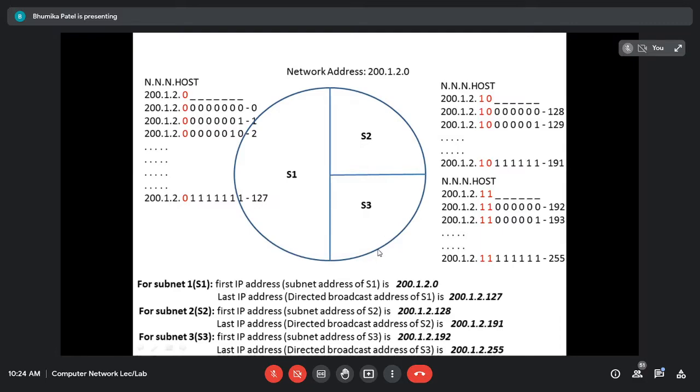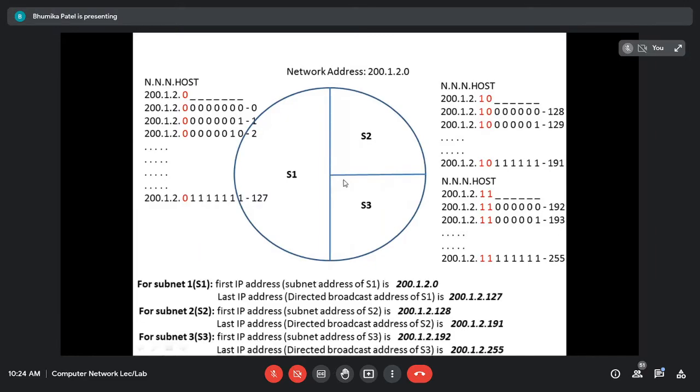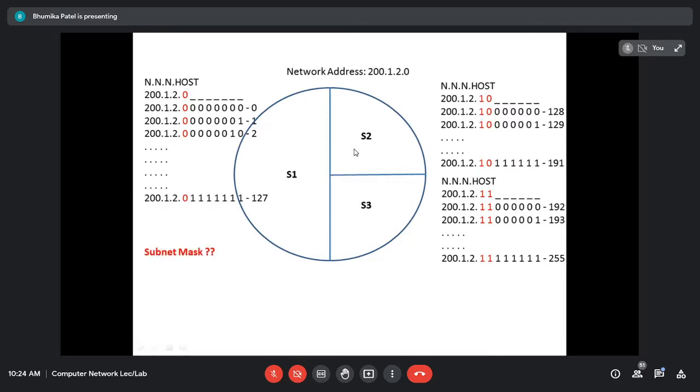પેલું શું હતું? Normal subnet mask, where each and every subnet is going to have an equal number of IP addresses. જ્યારે આમાં શું છે? Now the subnets are not going to have an equal number of IP addresses. One of the subnets is going to have a different number of IP addresses. The remaining can have the same number of IP addresses in each subnet. Subnet mask શું આવશે હવે? Now here the subnets have different numbers of IP addresses. Now what can be the subnet mask?